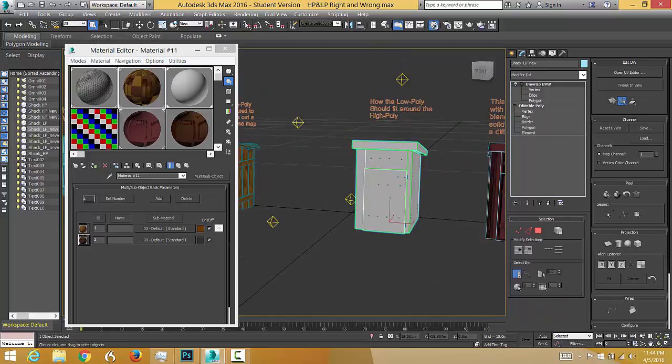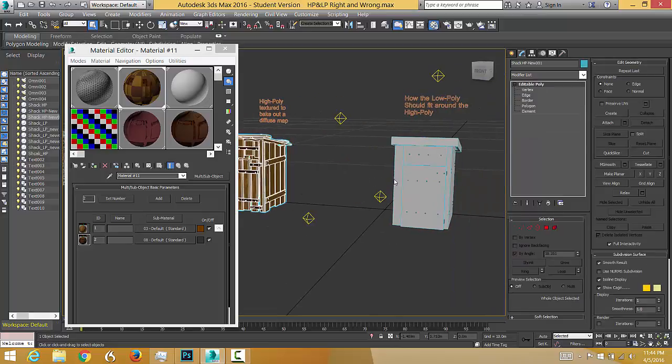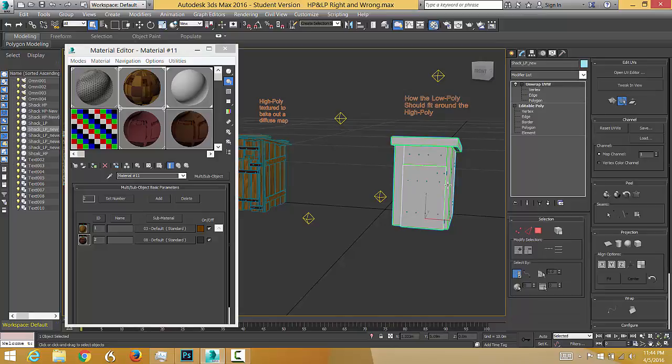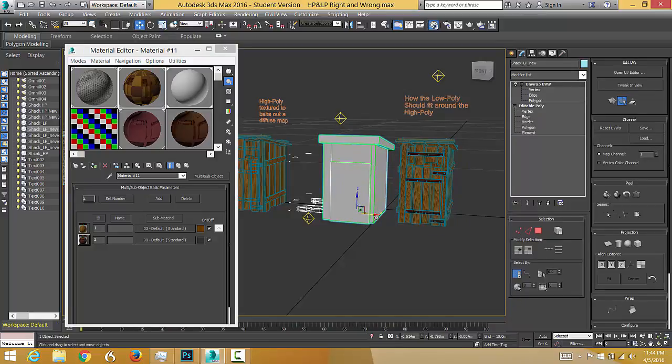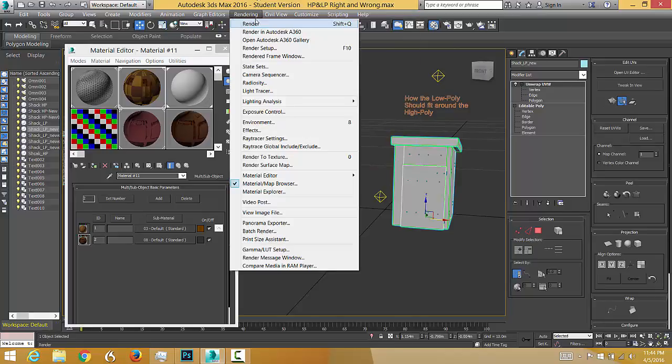When you bake it, this material would go onto the map that you bake, the high poly you would bake. You see? Okay. And then when you bake,